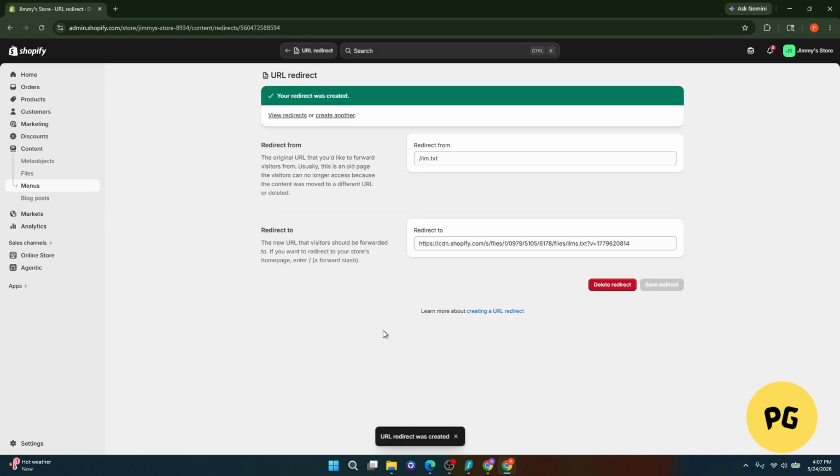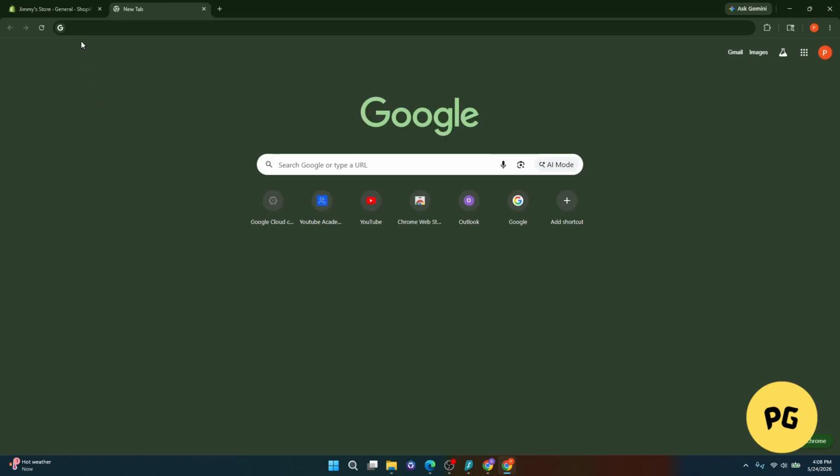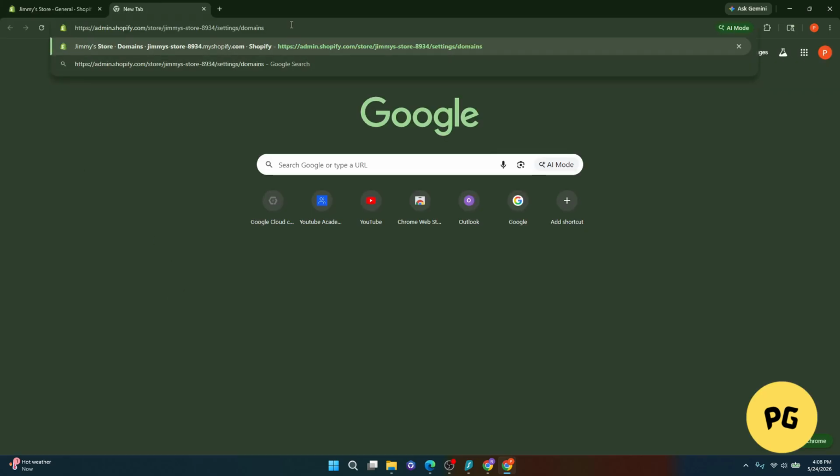Once the redirect is active, open a new browser tab and test it by typing your storefront domain followed by /llm.txt, including the slash. Make sure you're testing on your live store URL rather than the admin dashboard address. If everything was configured correctly, your file content should appear or download automatically depending on your browser settings. If it doesn't load immediately, try refreshing the page, opening an incognito window, or clearing your browser cache, and that's